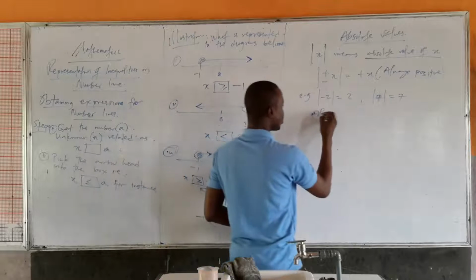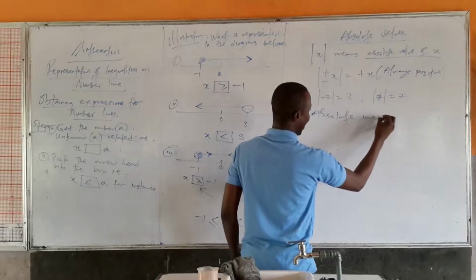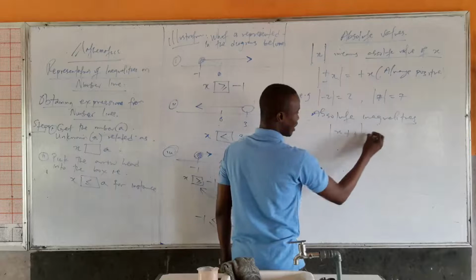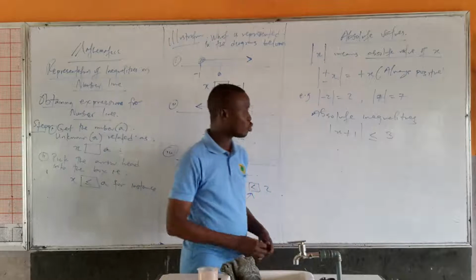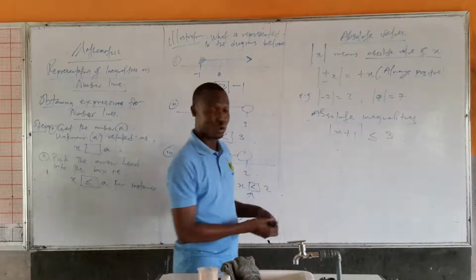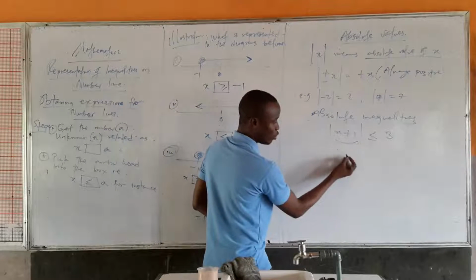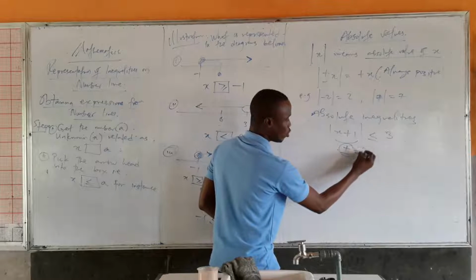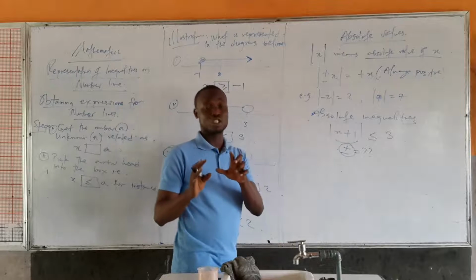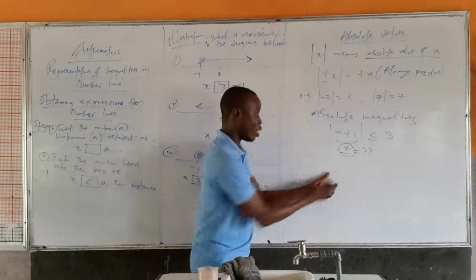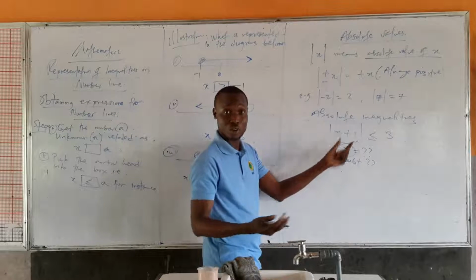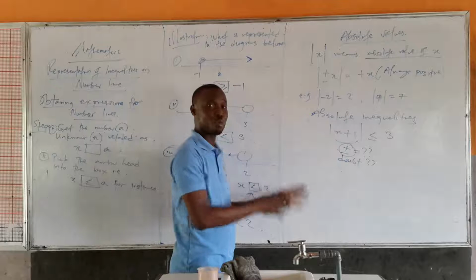But when we have absolute inequalities, for example, the absolute value of x plus 1 is less than or equal to 3, how do we solve this? We don't know if what we have in the absolute value is positive or negative. To give room for that doubt, since we don't know if x plus 1 is positive or negative, we treat it as both positive and